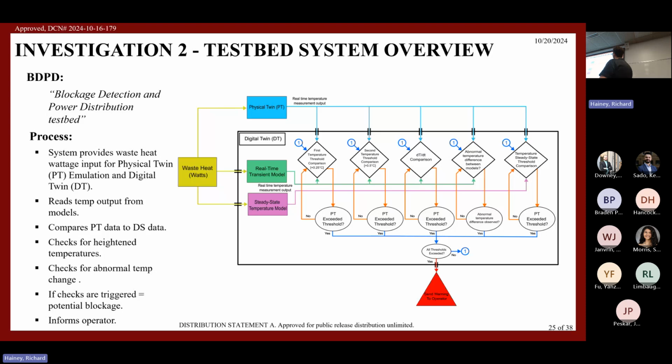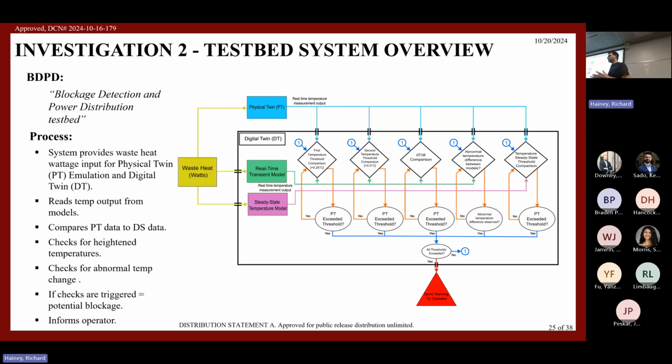But each one of our 5 checks, the first two being over temperature checks. So if the temperature that you're seeing within a given time is above what it should be by a certain amount, 0.25, 0.5, it gives a warning there. If it's heating too quickly or cooling too quickly, in that case, you would see a higher DT or lower DT, and that's also a check. The 4th and 5th check